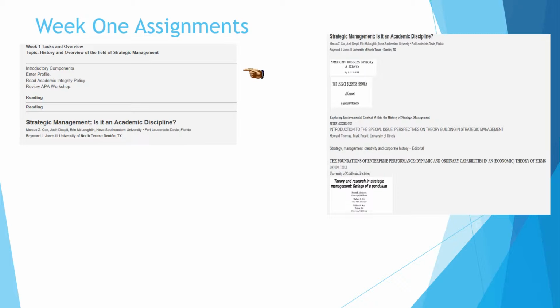generally between 6 and 9, something in the order of that. Those are required. Those you have to read, and they have to show up in your discussions and in your papers. Of course, in addition, you can select some additional papers that you would like to include as part of your discussion and in your papers, but these are required.